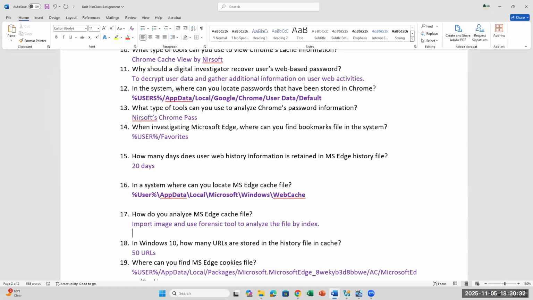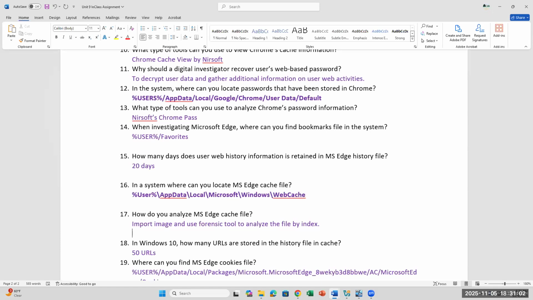You can use a forensic tool to carve out the file. And a lot of the time it will search by index. So we analyze the Edge cache file, take an image of the cache file, put that into Autopsy or Bulk Extractor or ProDiscover, and then be able to analyze it. It's going to carve out the file. You can also search by index